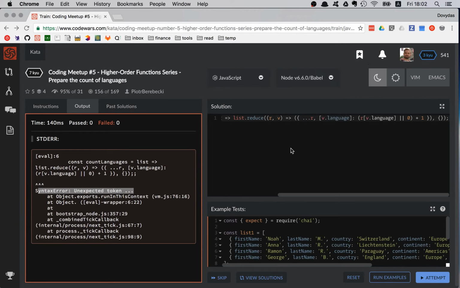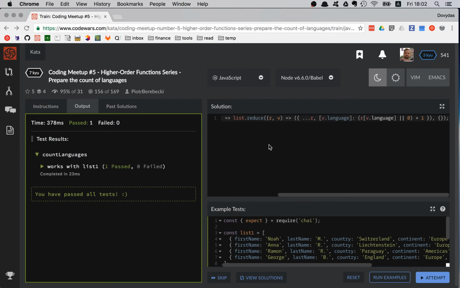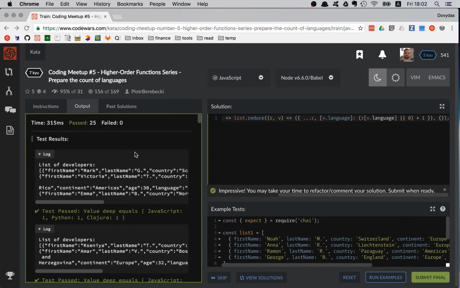So let's enable Babel, probably Babel is right. So Babel and Node 6, let's try to run it again. Oh, that's excellent. Looks like this time the test has passed. And let's try with the official tests. Very good. Looks like I have passed all the tests. I hope that this kata